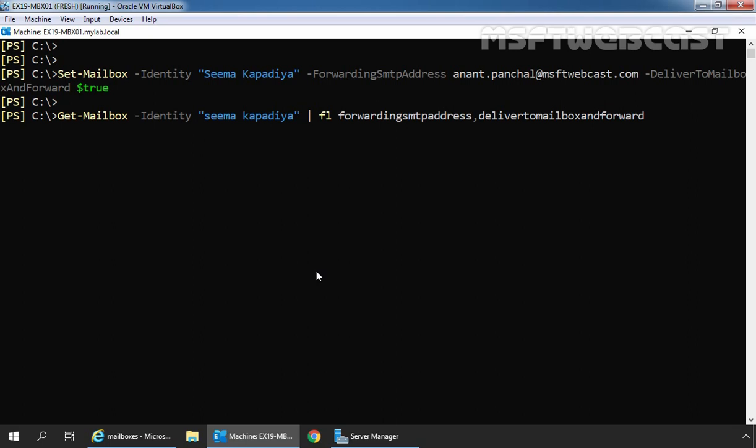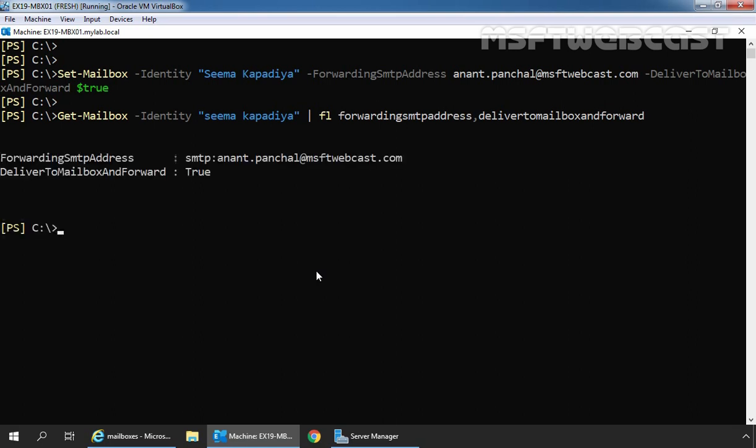Now we simply need to press enter key. As you can see, ForwardingSmtpAddress is set to anant.panchal@msftwebcast.com and DeliverToMailboxAndForward value is also set to true. That means we have successfully configured email forwarding for our user mailbox Seema Kapadia using the Exchange Management Shell.